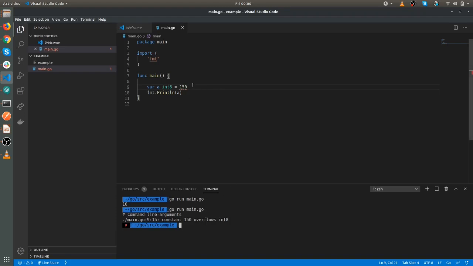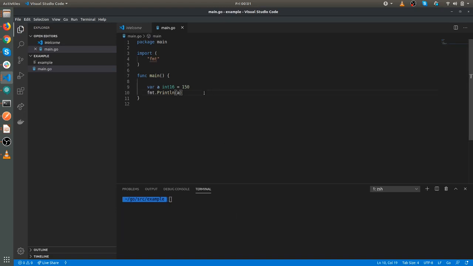So you know that the int 8 range starts from -128 to 127. So it should lie between that range. So I'm changing that to 120. If you don't want to change your value, then you need to change your int to another type. So now it should not complain. Okay, now you have seen that it is not complaining.